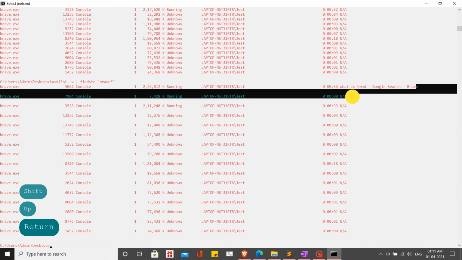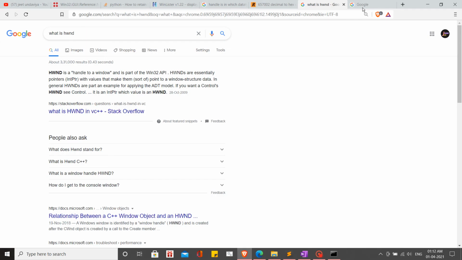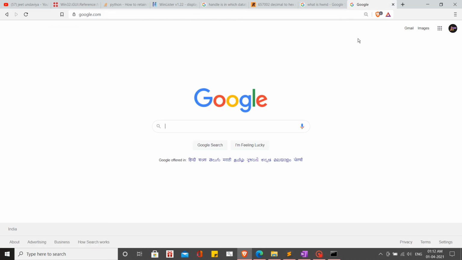See, here it says now what is the HWND. This is basically the thing which I searched, and you can see the title of this has now changed. So the window title for the browser, if you are on any browser, will be a combination of the thing you are searching and the name of the browser, right? So let's say we want to pin this screen up right over here. I'll just say this and then give the title of this.